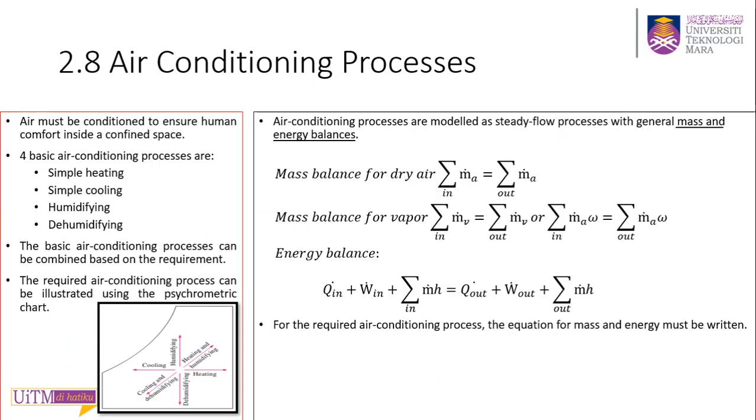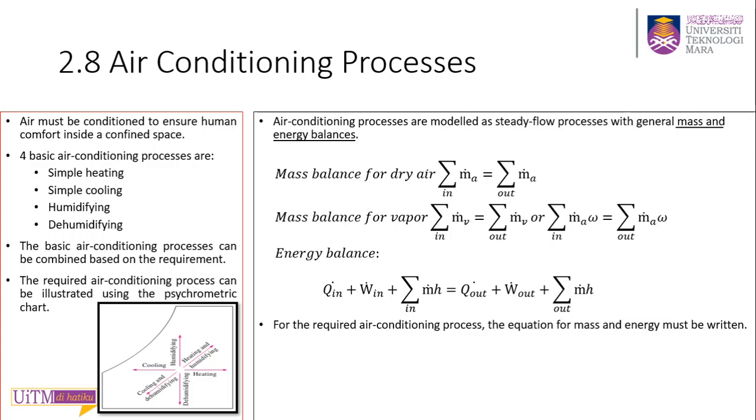Before we look at the first process, let's ask the question: why do we need to condition air, or why do we have to do air conditioning processes to the atmospheric air? The answer is to ensure human comfort inside a confined space. Confined space here means it may be a room or maybe a building. So when we condition air, we must try to make the air as comfortable as possible for the human beings